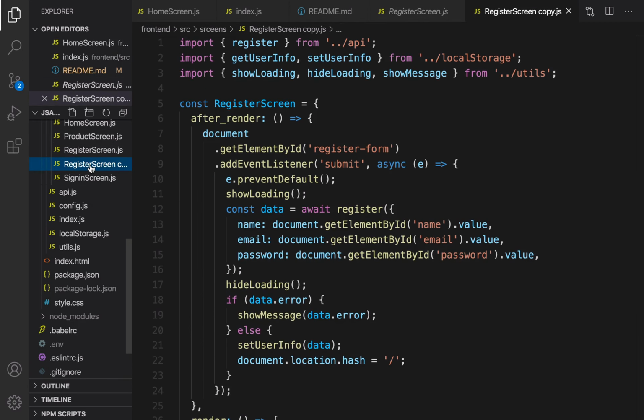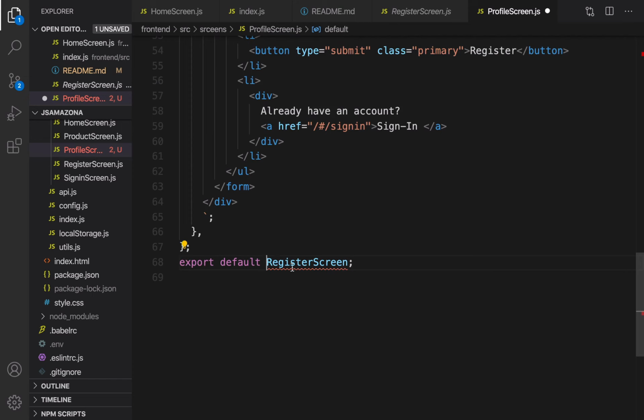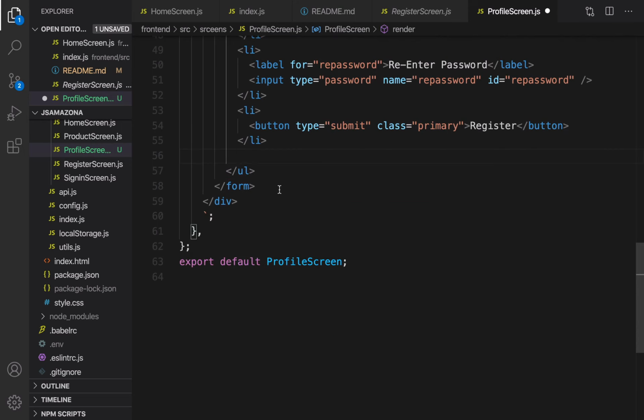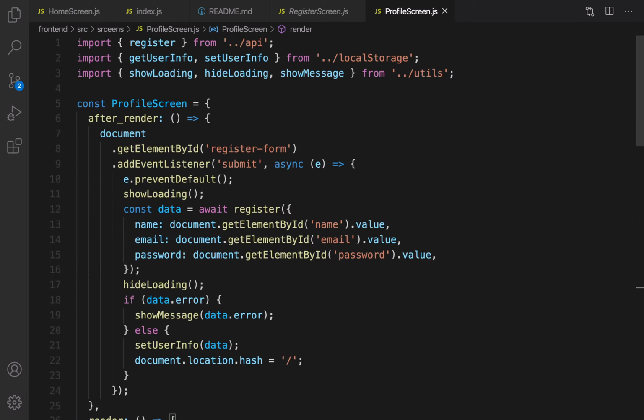Copy and paste the register screen and rename that to profile screen. Inside that, I'm going to rename register to profile, and also at the end it should be profile. There is no need to ask the question for sign in, get rid of it. And instead of the register button, an update button. Good. Scroll up. And what we are going to do at this step is get the user info from local